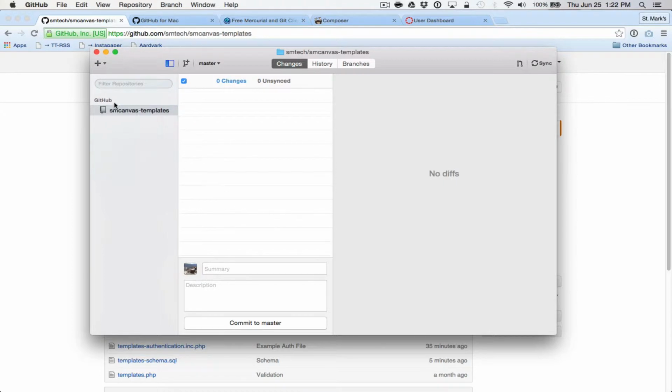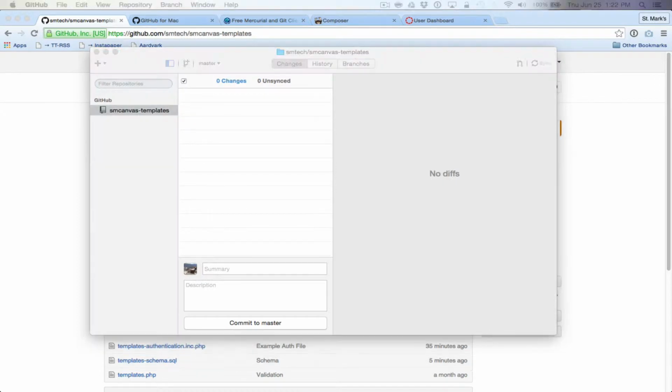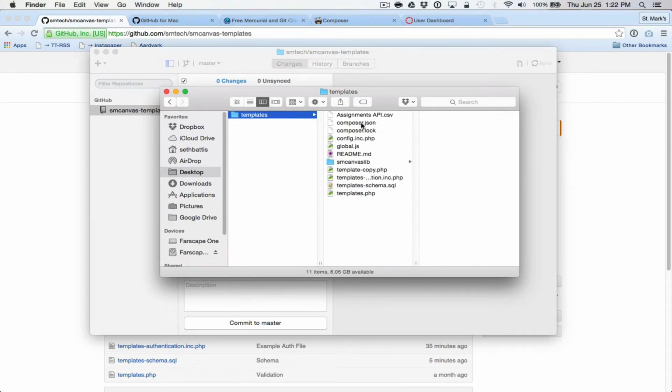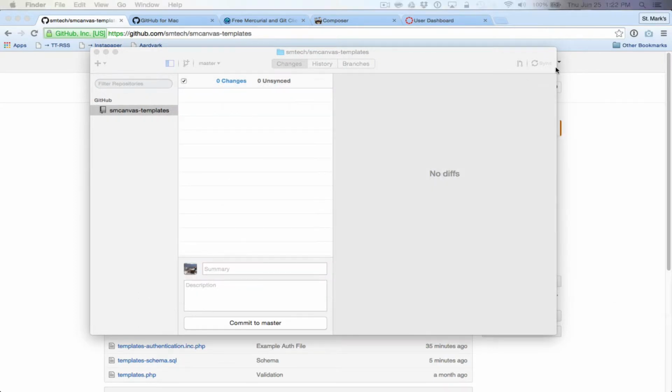It's calling it the name of the repository in GitHub right there, but if we look at my desktop, I have a folder called templates, just like I named it. That's great. If we look in templates, it's got a lot of stuff in it. It's almost everything, but no, there's more. Because, back to the wings, guys,